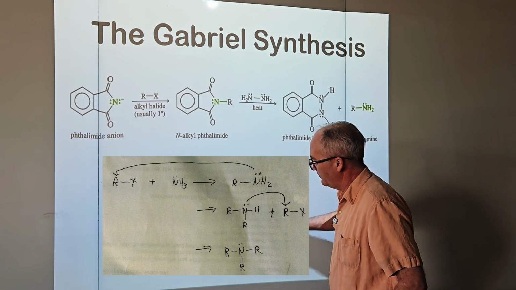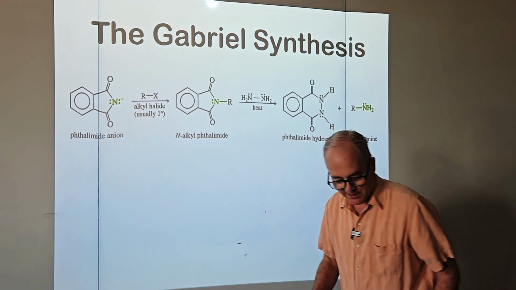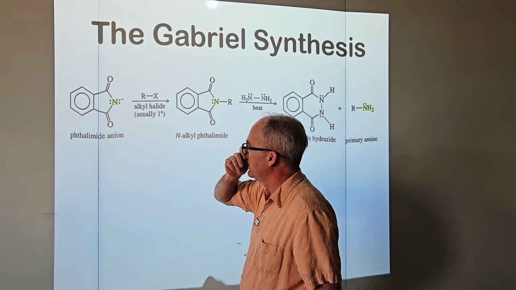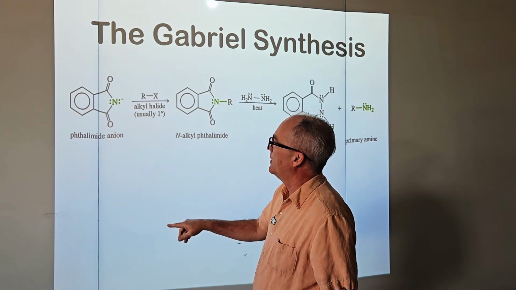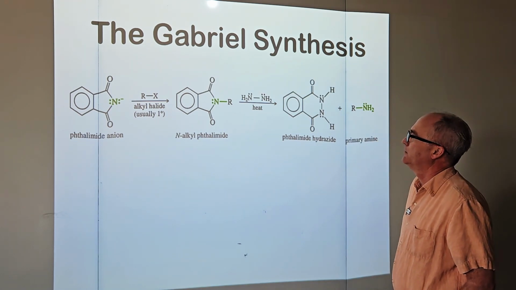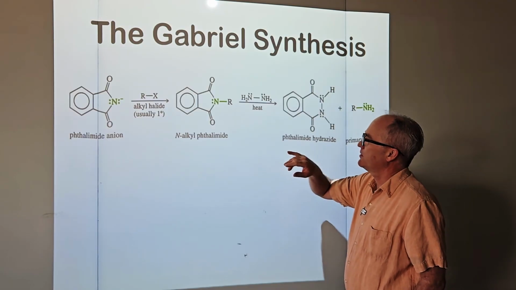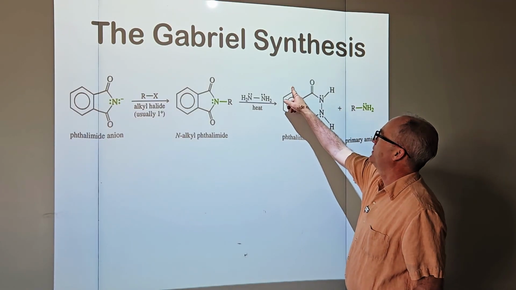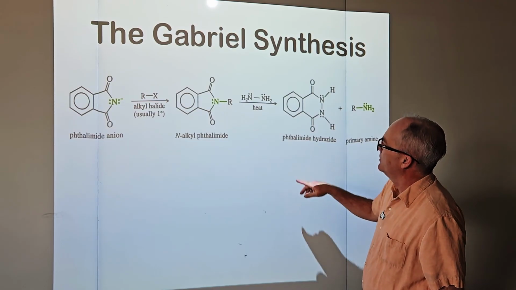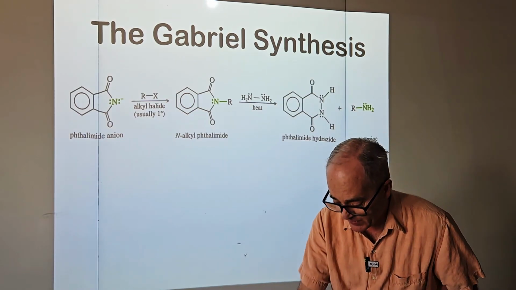So I like to say somebody came up with an elegant method, some guy with the last name of Gabriel, where they lock down the nitrogen in this thing called a phthalimide ion. Then we have a primary alkyl halide. And here's our friend hydrazine. Kind of looks like luminol. Man, if you had the amino group there, you'd have luminol, wouldn't you? But anyway, that kicks this out, and you get your primary amine without